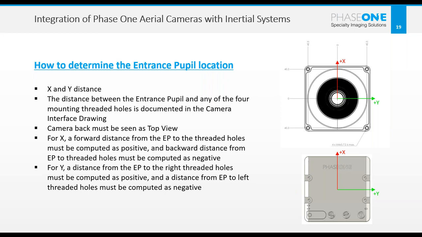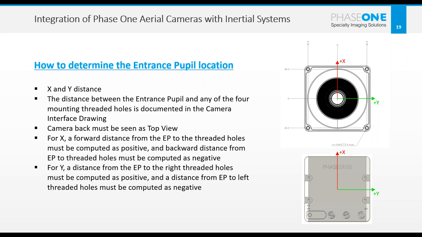If you see the documentation, you will see the distances on the blueprints. To understand this and to make the right calculations, you need to see the camera from the back, as if it was our top view, and in a sort of X-ray, you can see the measurements of the entrance pupil